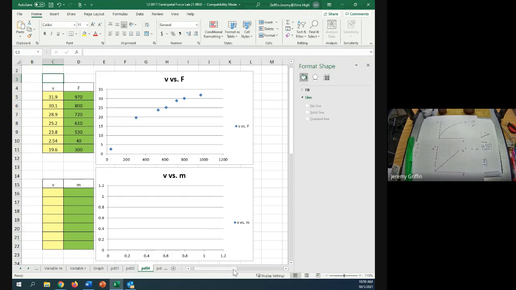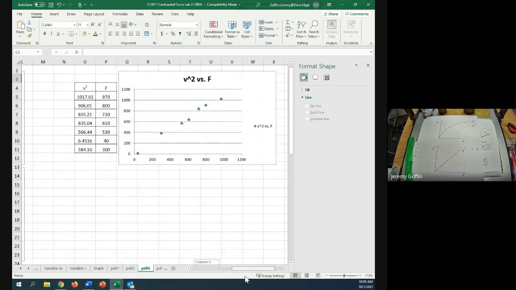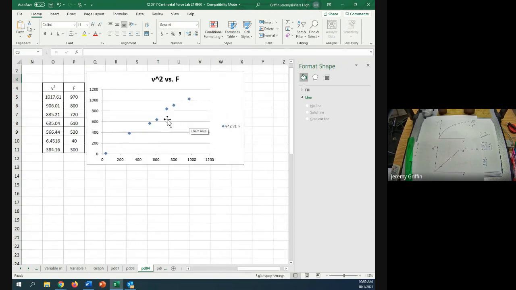All right, so flip back over to this. The data's already plugged in, and I had Excel programmed ahead of time. There you go. There's your top graph on the back, the one that says v squared versus weight hanging, v squared versus f. So you guys are drawing that graph right now? Now this is an abstract idea, like v squared. What is that really? It has units of meters squared per second squared, but